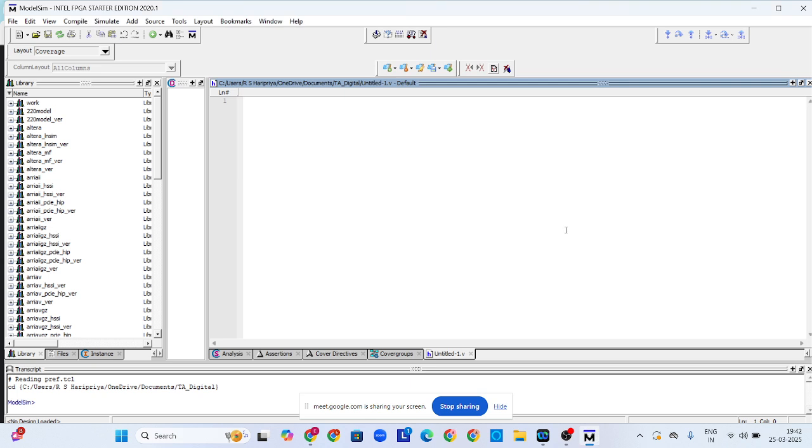Okay, so we will try one code, the ripple counter. So we need a T flip-flop. So module T flip-flop,